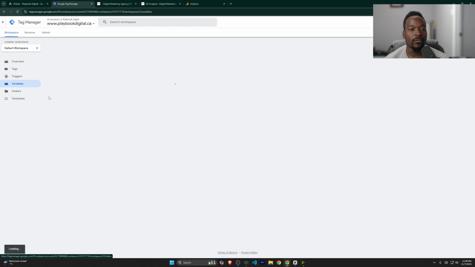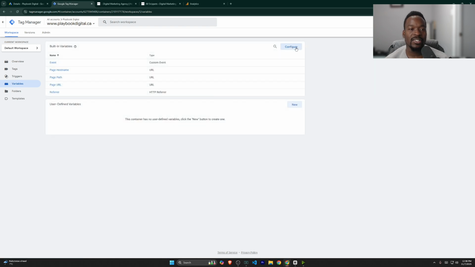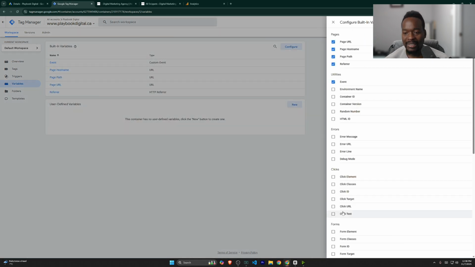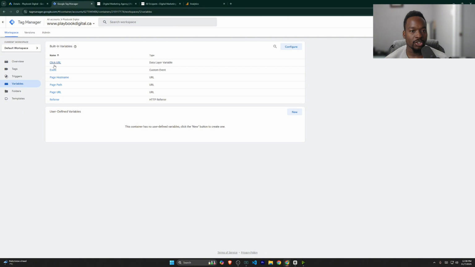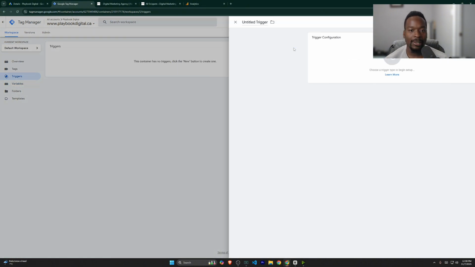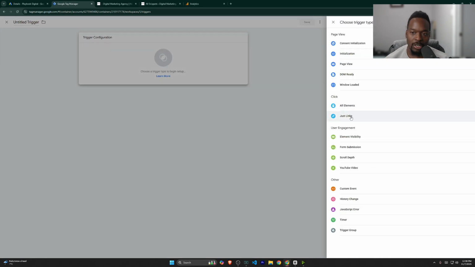So what we're going to do is go to variables. We want to make sure that we have this set up. So go to configure and click on click URL and then back out. That should work right there. Perfect. Then we want to go to triggers, hit new, hit triggers again,